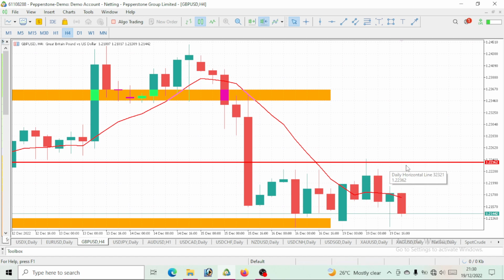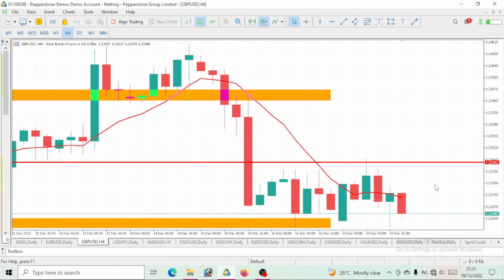You can see how we took out this level where we talked about GBP USD hitting a level of 1.22362. So the price has actually gotten to that level and we've had that drop. Now we would want to see where this price will be moving for the next day, which is for the